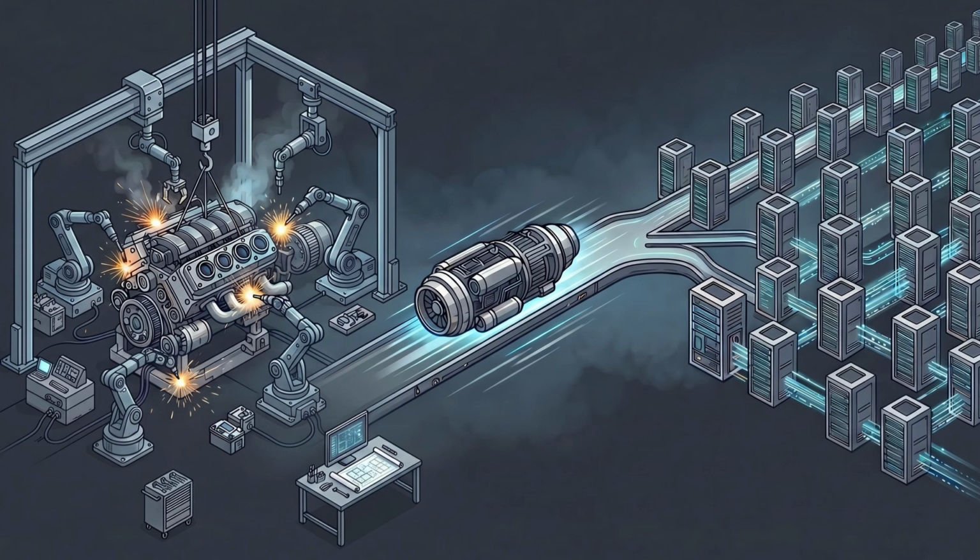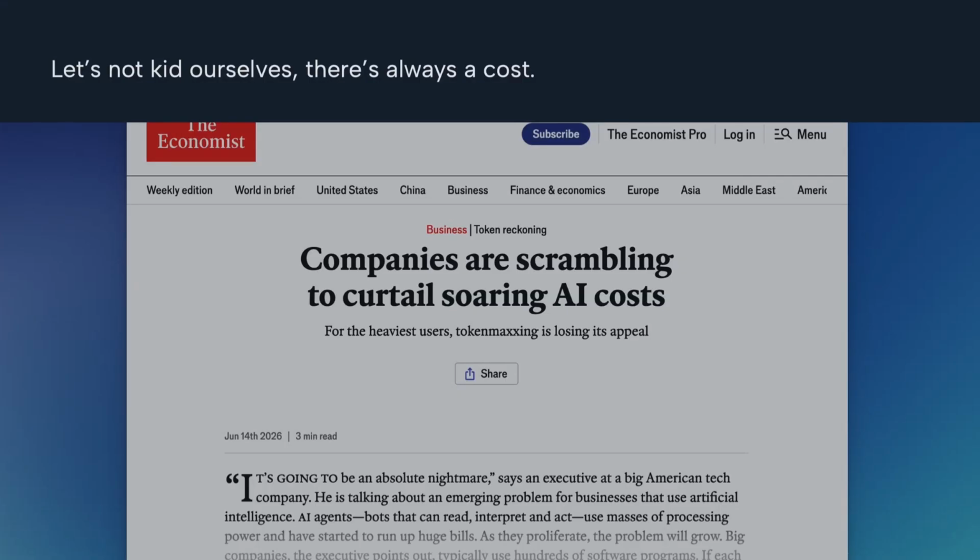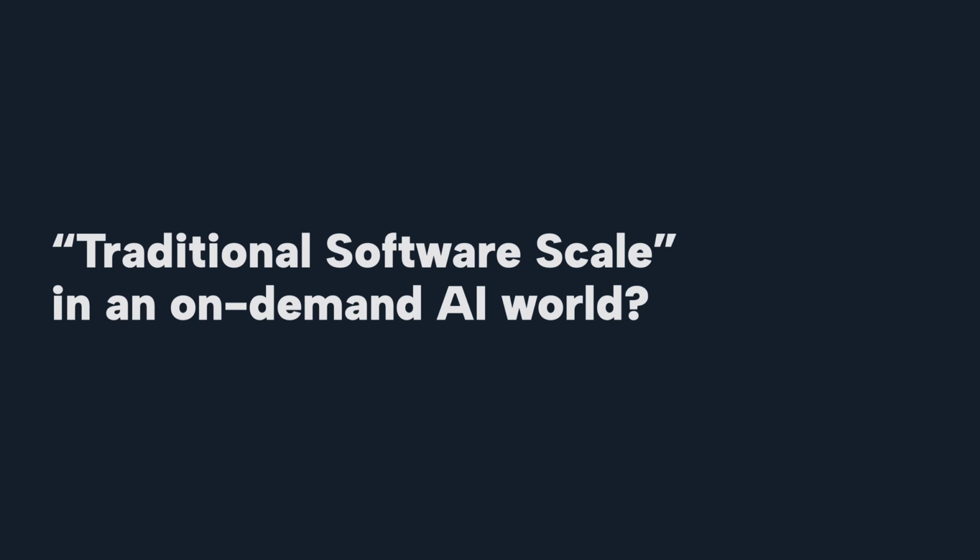And so the pace of building software and the cost of building software has gone down significantly. Which is why you get theses like this coming out, which is effectively stating that the cost of software is now zero. And the main argument is that custom software is now more available and easily available, which I completely agree with. I agree with the thesis. I don't agree with the title, because let's be real, software is not zero and everyone's paying the cost for software right now. However, the thing that I was always interested in is how do I achieve this traditional software scale in an AI on-demand world? Because that's actually what I was more interested in.